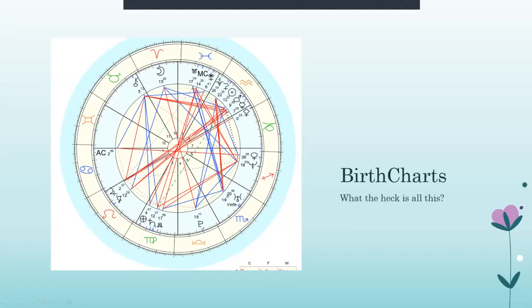Your second house is how you personally make money, how you make money yourself. And your eighth house is about getting money from other people. So each house has its opposite energy. You can also say these are the shadow aspects.